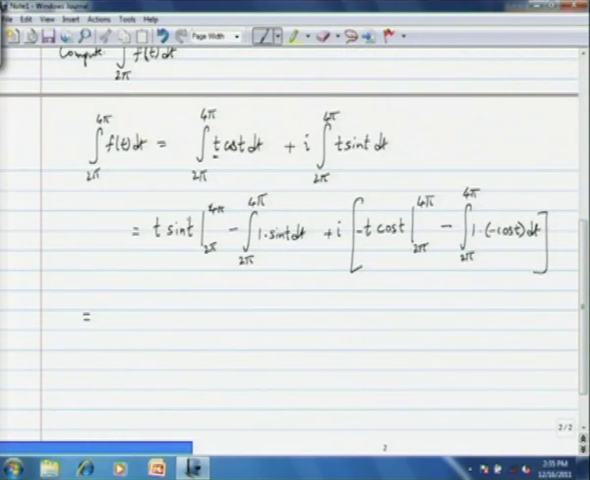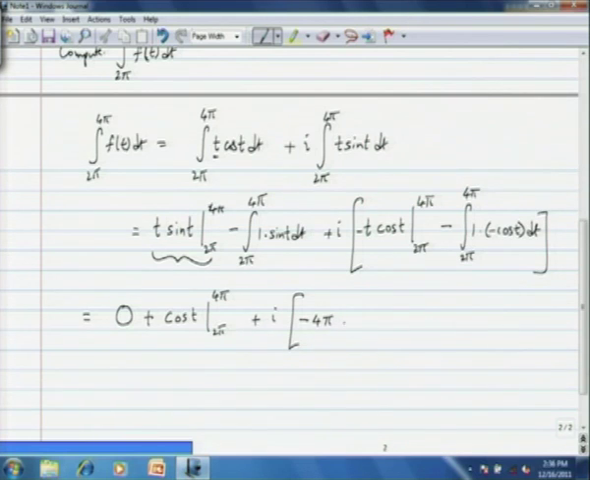So, this gives you sine t, which is 0 either at 4 pi or 2 pi. So, this piece vanishes, okay, and then minus the integration of sine t is negative cosine t. So, you get positive cosine t, minus times minus is a plus. So, between 2 pi and 4 pi, plus i times, once again here you get minus 4 pi cosine 4